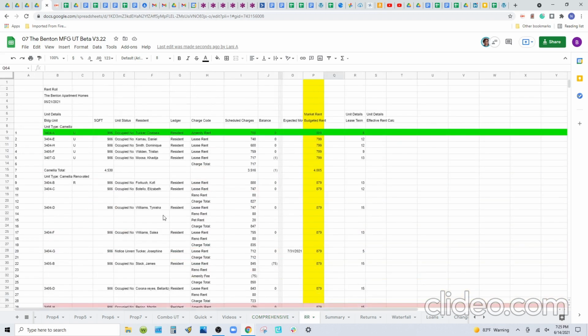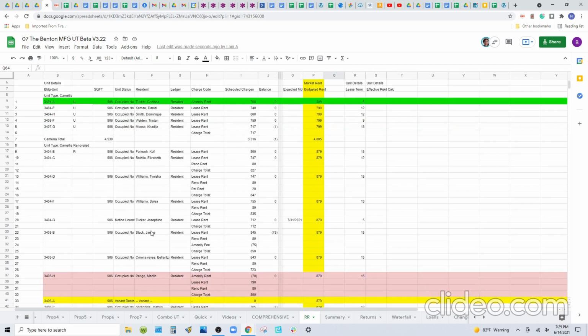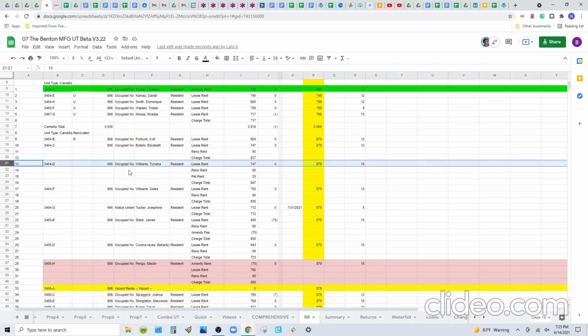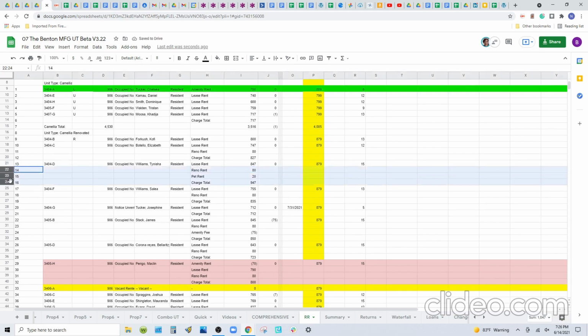This is messy, and we've already started to manipulate this one, but it's simple enough that I can do a short video and show you some of what's going on. Here's a unit right here. Look at this unit. It's occupied. Here's the tenant. Here's the total charge for this tenant. Notice that these four lines encompass this one unit. The total rental charge is $847. So I want that up here. I'm literally going to retype 847,